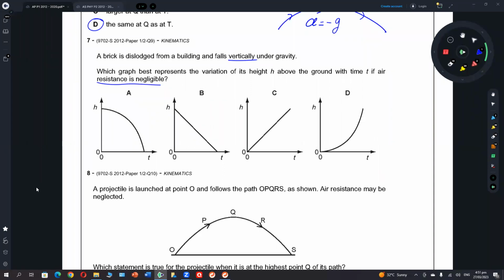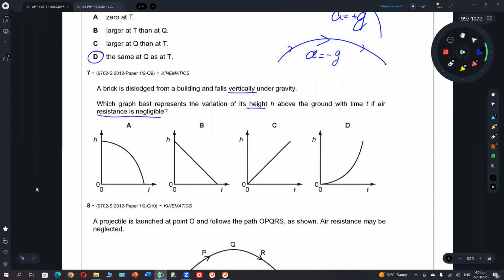They're always tricky questions because you have to see whether the graph they have drawn is velocity against time or distance against time. Distance against time. Yes. Very good. Acceleration is constant. Velocity is